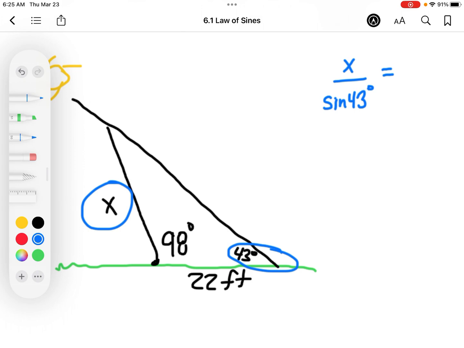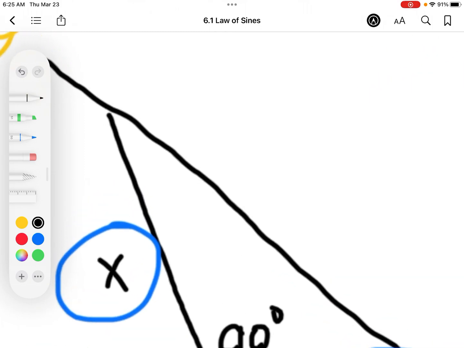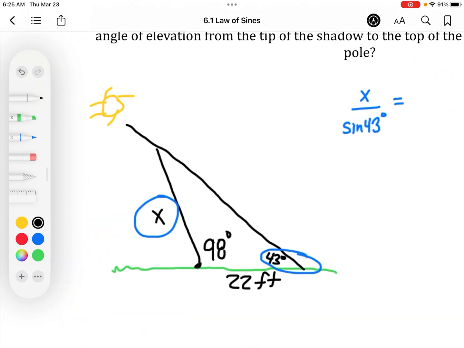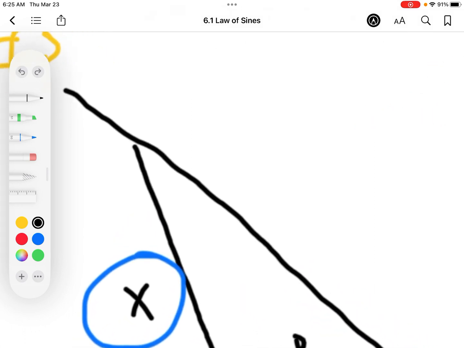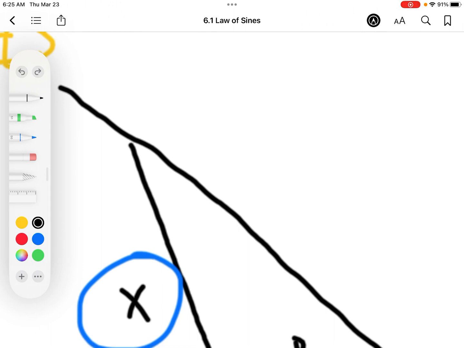And now I just need another pair of a side and its opposite angle. And because I know two sides, I can just subtract from 180 to get this top angle. And the reason why I want the top angle is I've got the bottom side length. So our top angle when we subtract from 180